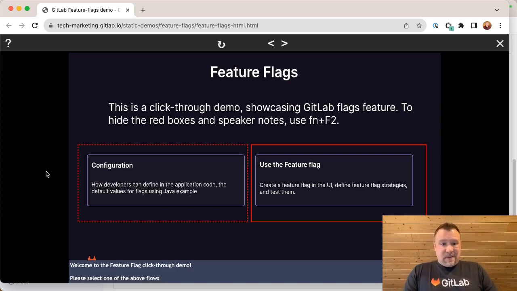This particular demonstration has 2 paths. So if I'm talking to a DevOps engineer or a developer who wants to know how to configure feature flags, that's this thing over here on the left. If I'm talking to somebody, might be a junior DevOps engineer, I'm going to probably click the box on the right to show how a feature flag is used. So I'm going to start with configuration on the left, just to show you how easy this is to learn